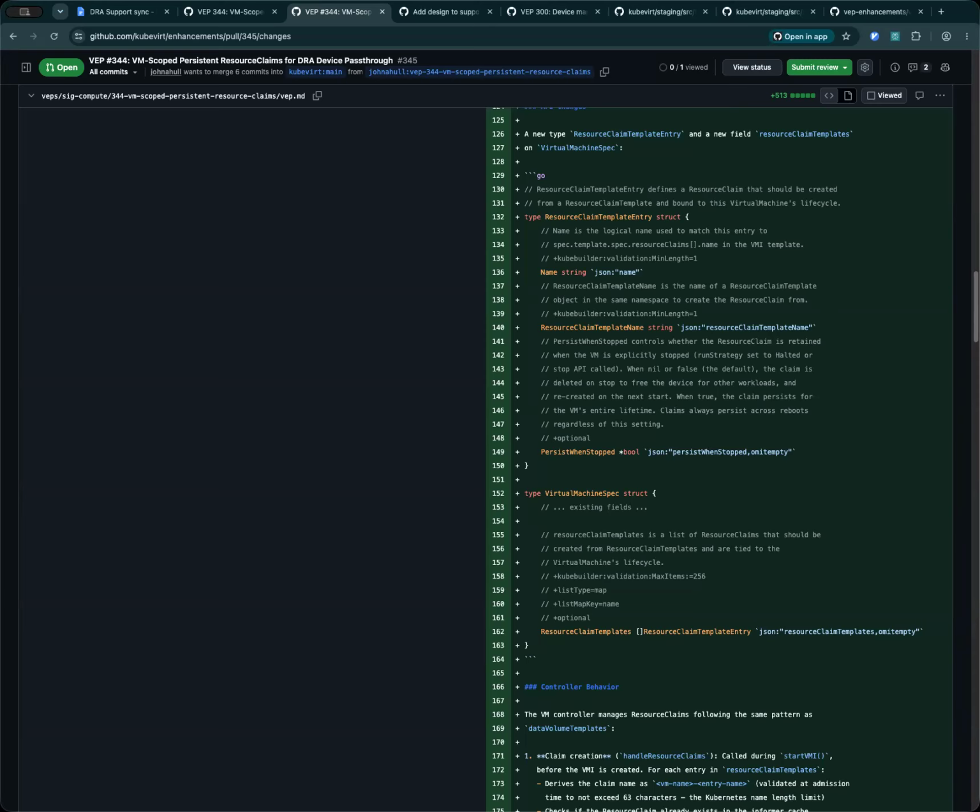I don't know if I have answers to that. Like, what benefit would a persistent resource claim get us compared to a persistent PVC that exposes that NVMe storage via CSI? Well, if we cannot answer that, then they have a point, right? So why would I want to have a persistent claim if I can do the alternative? If we don't have the answer, then